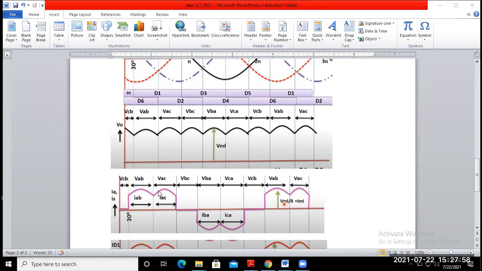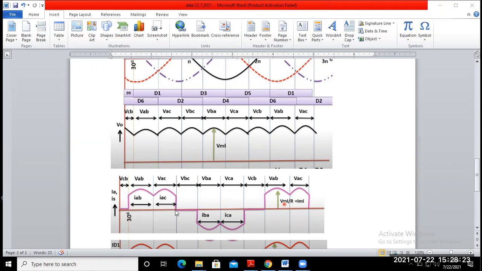From this point to this point is your line voltage VAC, and the current is represented by IAC, that means diode 1 and diode 2 current path. So from 30 degree to 150 degree, the output current of phase A is similar to this one.